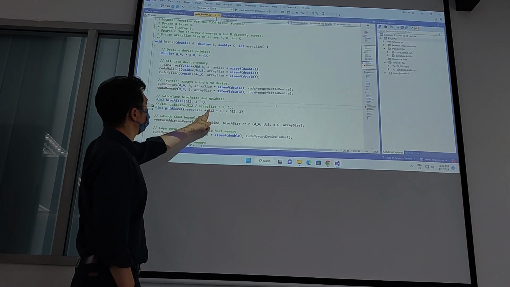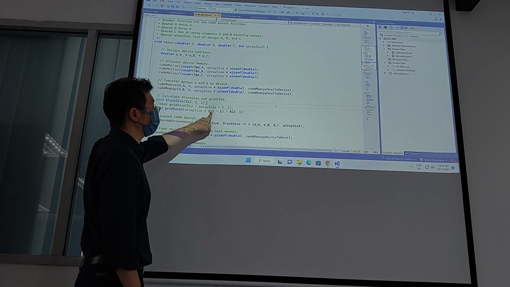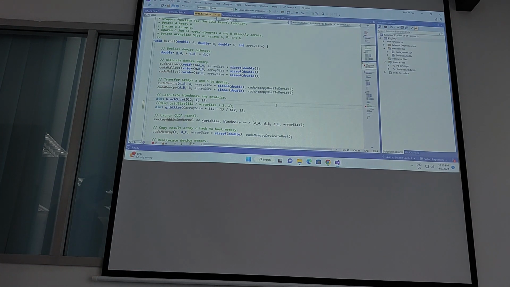Now this number here must be the same. If you choose here 256, it must be 256. This must be 256. And what does it mean and why is it like this? Actually, it's inside the later slides, but I think it's chapter 7 or chapter 8, so it's still far away. I'll wait for that time. So I need to explain it now, otherwise you will not understand why it is